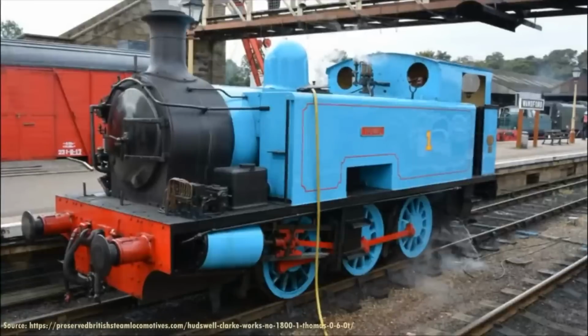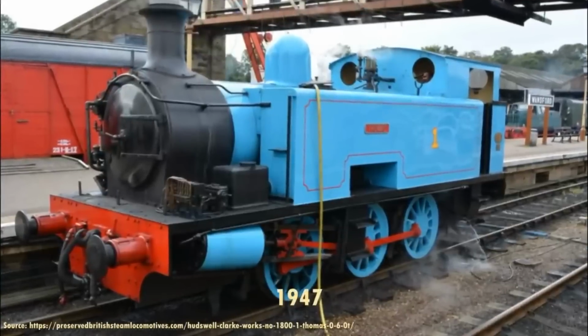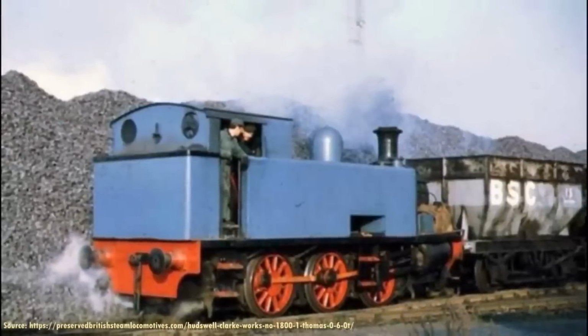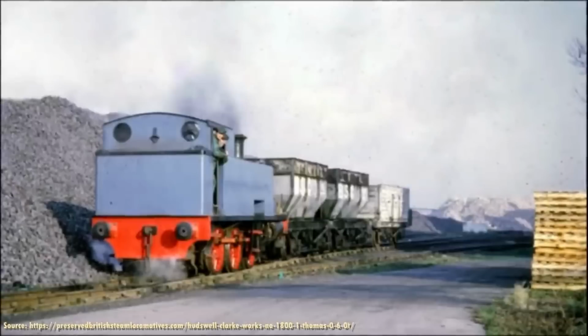And starting off, the locomotive itself was built in 1947, as you could have guessed by Hudswell and Clark, for the British Sugar Corporation, or the BSC, to work at Woodston at Peterborough. It was one of only 2 steam locomotives built for the new BSC after the Second World War, before the total commitment to diesel. It was also the largest steam locomotive owned by the BSC,